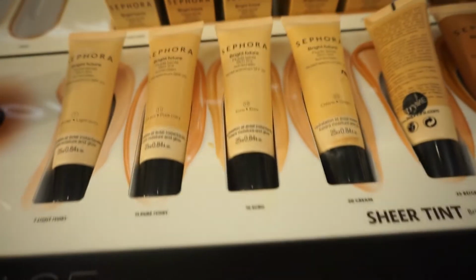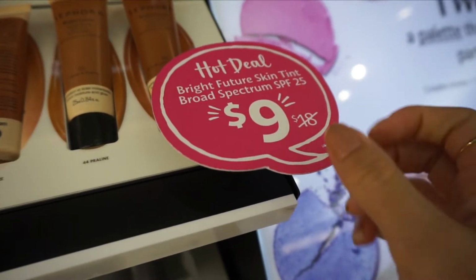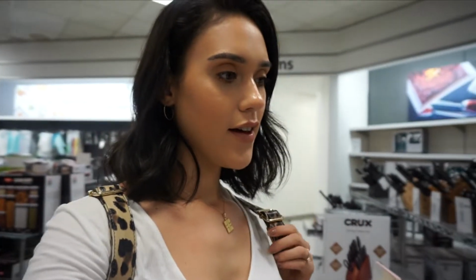Okay, so this is what I was talking about. It's only $9. Chocolate. Yeah. Those are the ones. They're so good. I'm such a candy lover. So we are going to be moving into a new place after we get married. I know we're going to need some house stuff, so I figure let's just look around and see what they